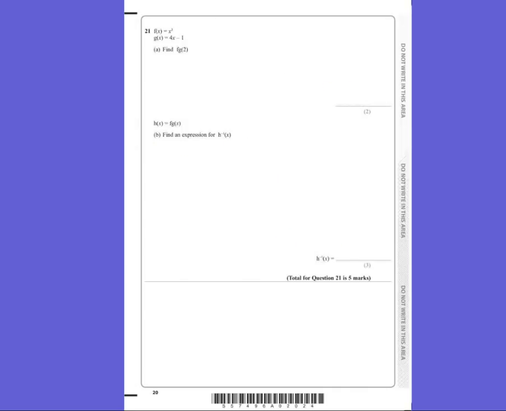Question 21. f of x equals x cubed and g of x equals 4x minus 1. Find f of g of 2. So what this means is to put 2 into g of x and then put the answer to that into the function f. So if we put 2 into g, we've got 4 times 2 is 8, take away 1 is 7. And if we put 7 into the first one, 7 cubed is